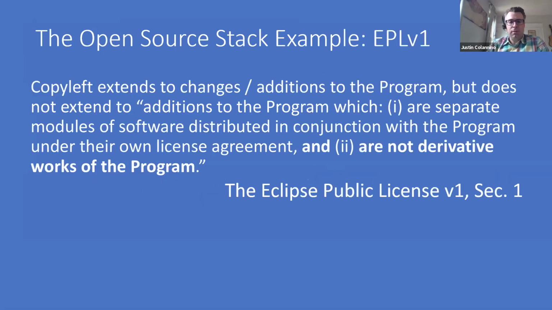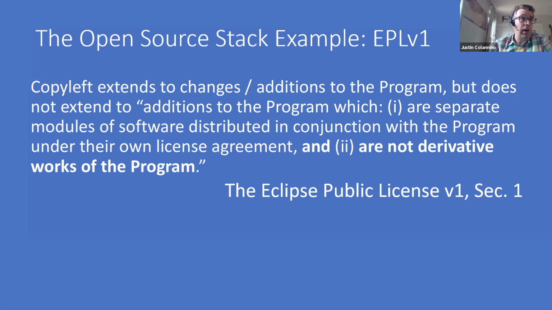Okay, so let's harken back to that open source stack and what happens when things get a little bit fuzzy around derivative works. Do we need to climb the stack? Let's look at the Eclipse Public License version 1. People call that a weak copyleft license. It's very widely used in the Java ecosystem, and the essential takeaway is: if you have a binary library and you dynamically link against that binary library, the source disclosure just goes to that binary library, the jar file itself. It doesn't extend beyond the jar file. That's the common understanding in the world about that.